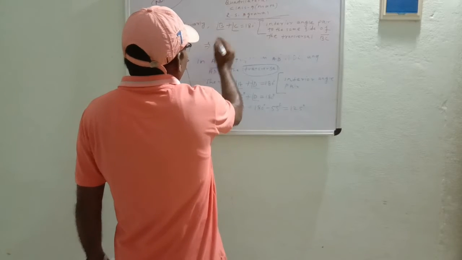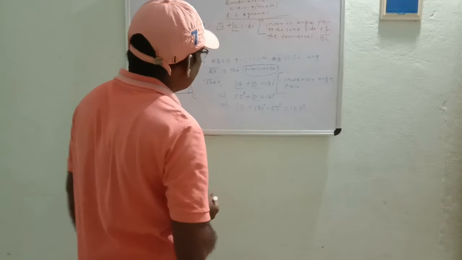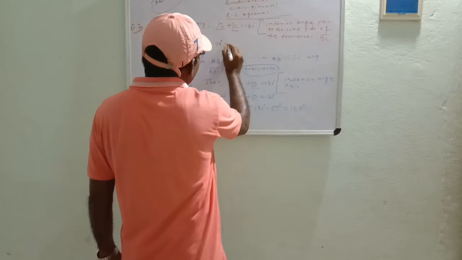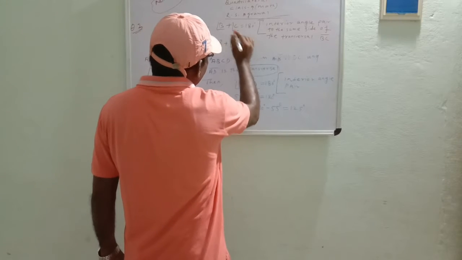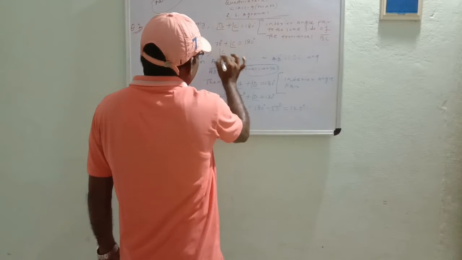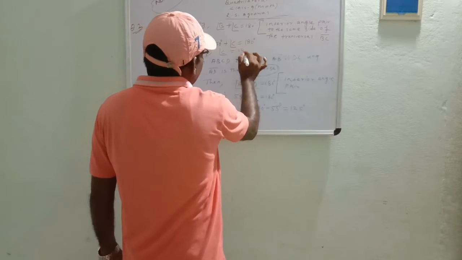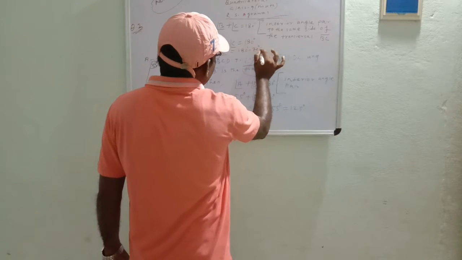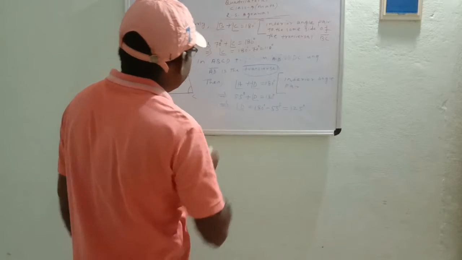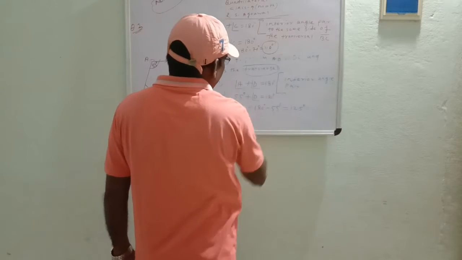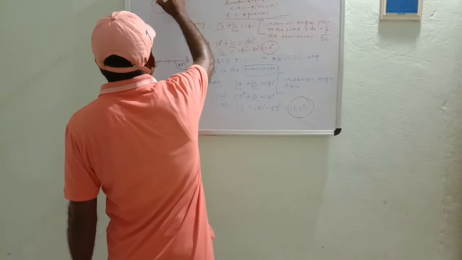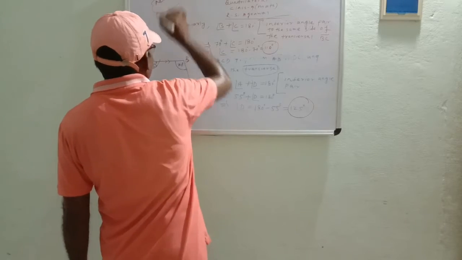That implies angle B is already known to you, that is 70 degree. So put 70 degree in place of angle B, and angle C will remain the same, equal to 180. Then angle C equal to 180 minus 70 degree is equal to 110 degree. Hence angle C equal to 110 degree and angle D equal to 125 degree. So first note it, or you can take a screenshot.